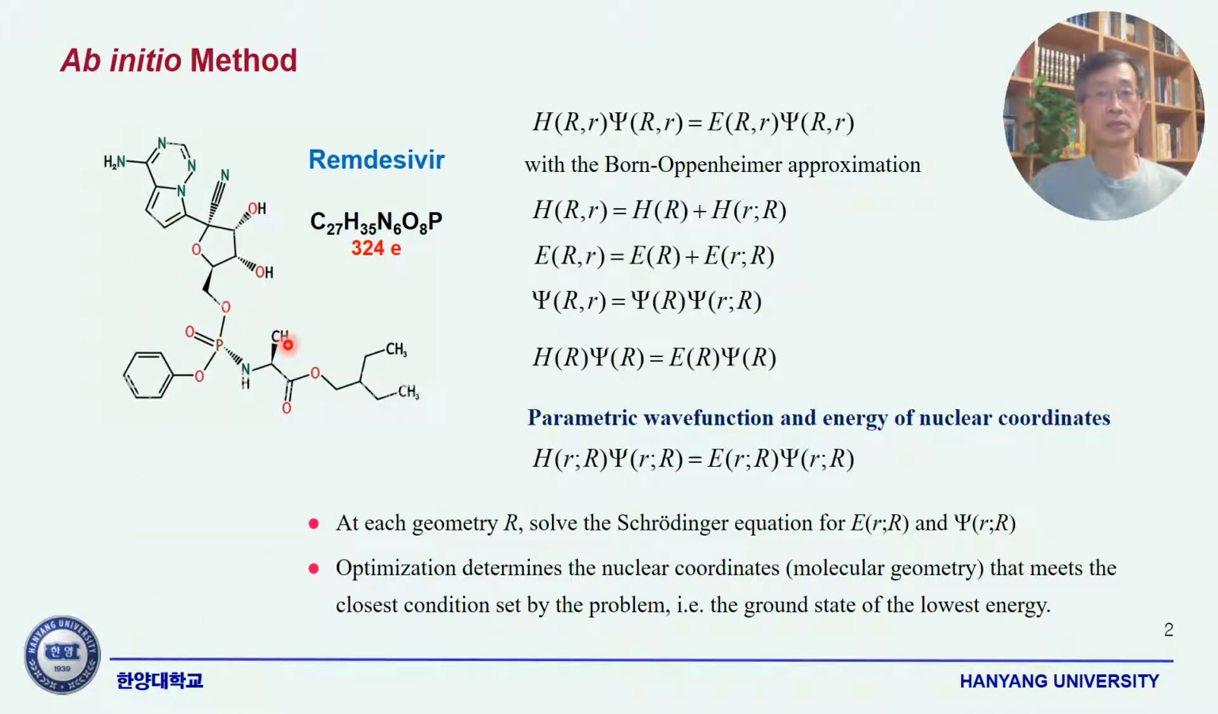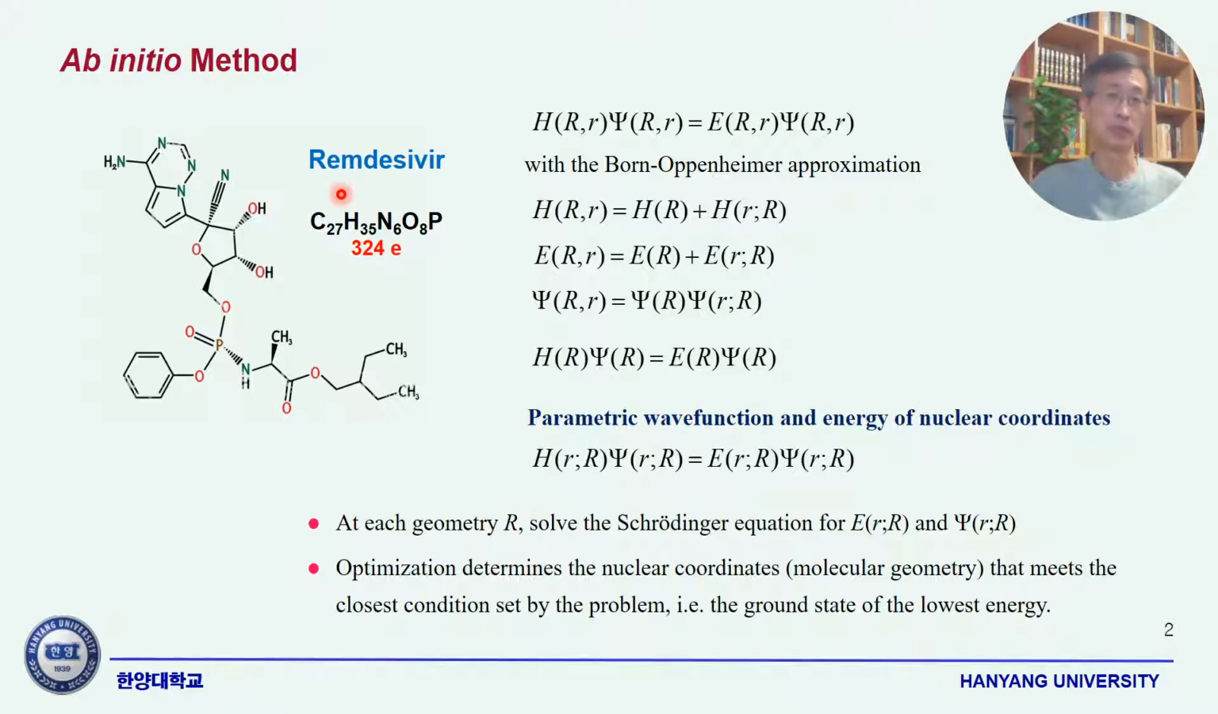Here is a kind of big molecule. It's a big molecule for ab initio calculation. Remdesivir. Are you familiar with this molecule? Remdesivir, under this COVID-19 pandemic, this particular antiviral drug is nowadays recommended for treatment or clinically tried in a number of